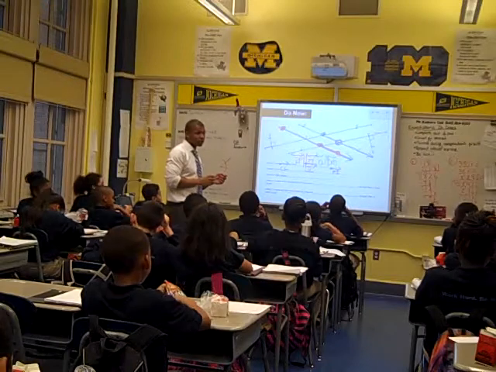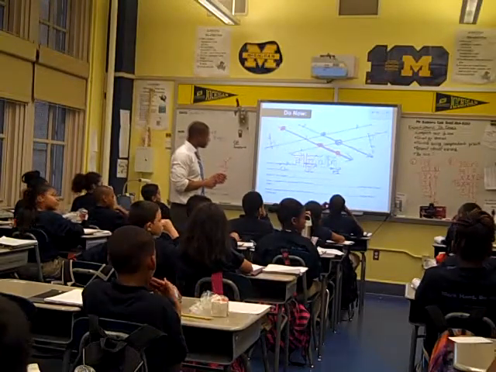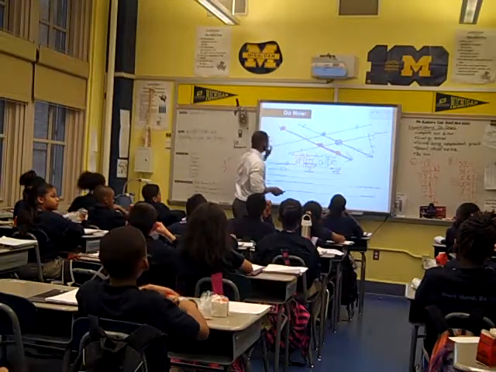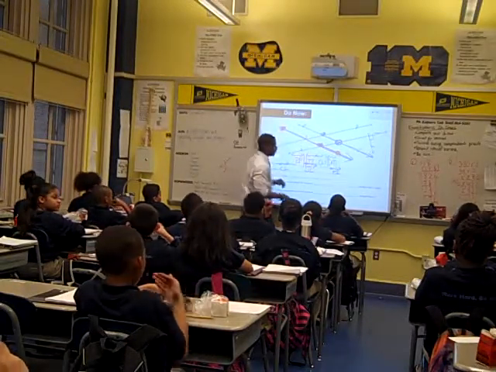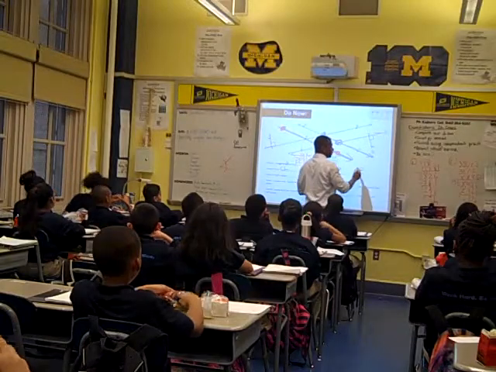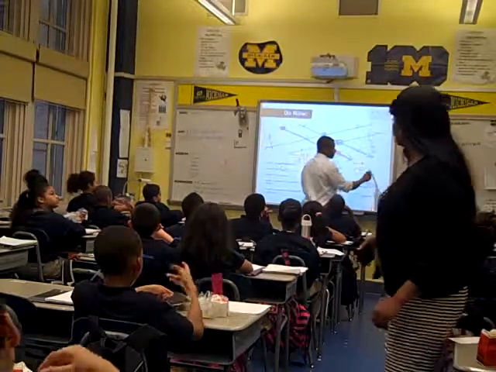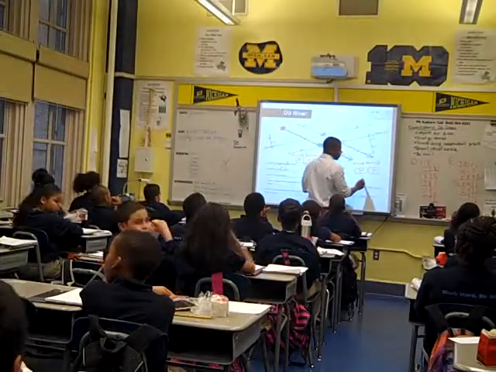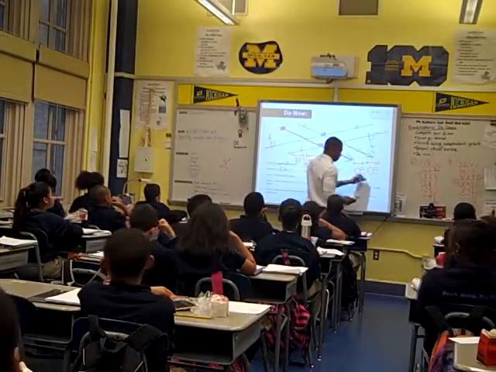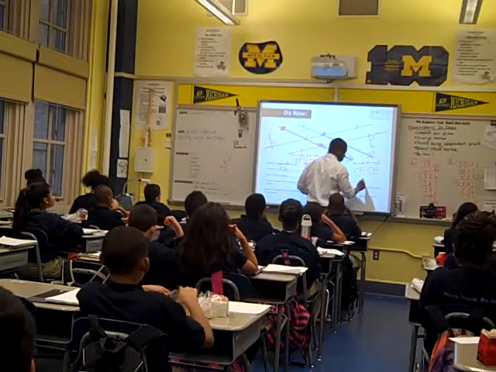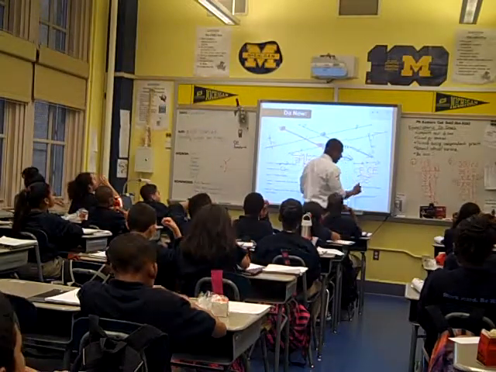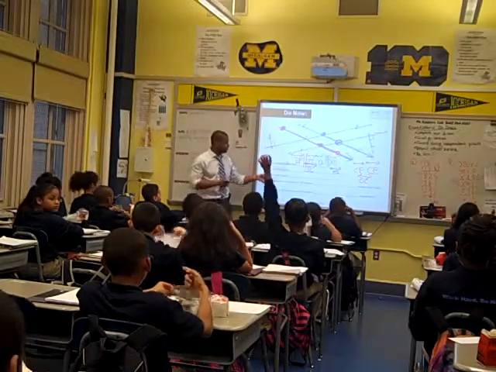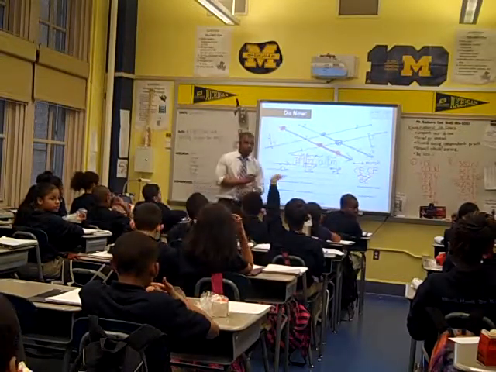So if someone wanted to, they could still stop it. So this is CL, this point up here is C. You could go CE as a line segment, CE as a ray, or CE as a line. It's all what you want to call it. All right?